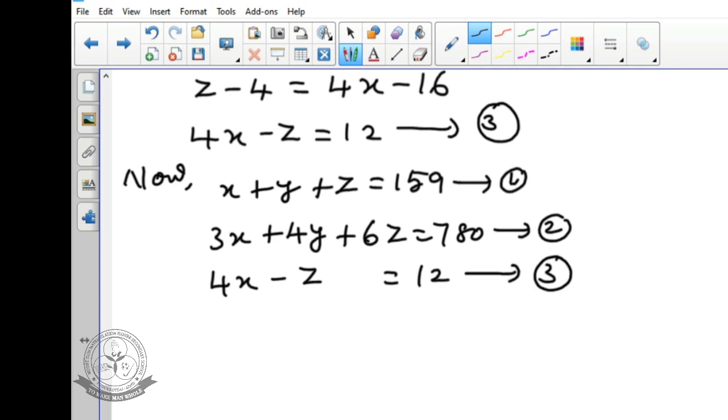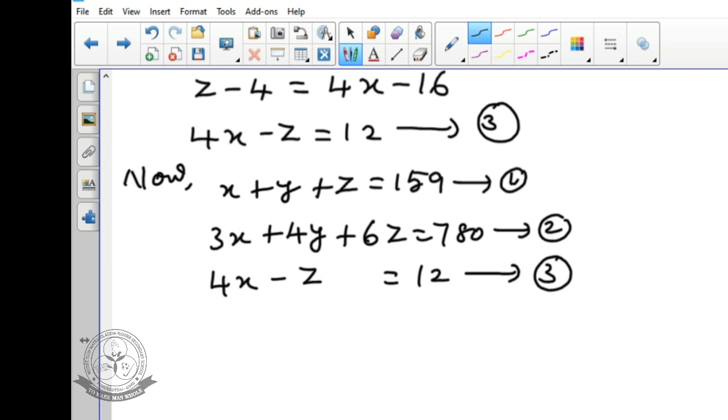Okay. Now we have 3 equations. What type are these 3 equations? These are also first degree, having X, Y, Z, 3 variables. This is also simultaneous linear equations of 3 variables. We saw that in the first Roman and second Roman. Like that only we are going to solve now. You can use any method. First select any 2 equations, whichever you feel is easy. Okay, now I am going to do like that.